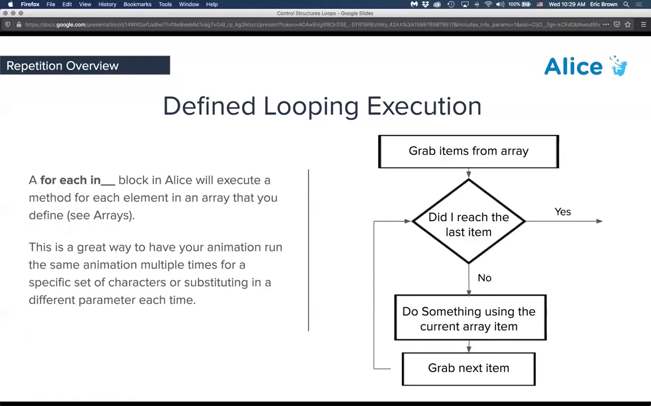A for each in loop. We talked about this one of doing the wave. The way that this one looks, if you were to flowchart it, would be to say that it grabs an item from that group of items, that array of items. It is going to check: is this the last one? Or did I just do the last one? And if we did, it will come here,